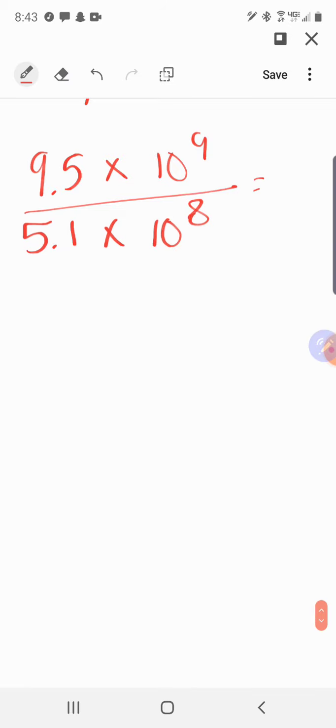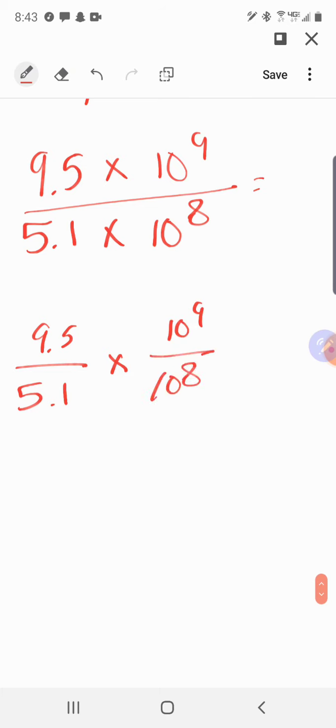And once again, I'm going to break this up. So I got 9.5 at the top, 5.1 at the bottom, times 10 to the 9th divided by 10 to the 8th. So I'm going to take 9.5 divided by 5.1, and I get this answer of 1.862